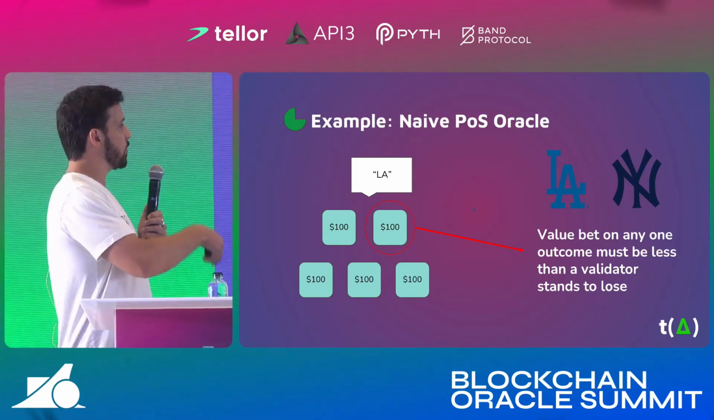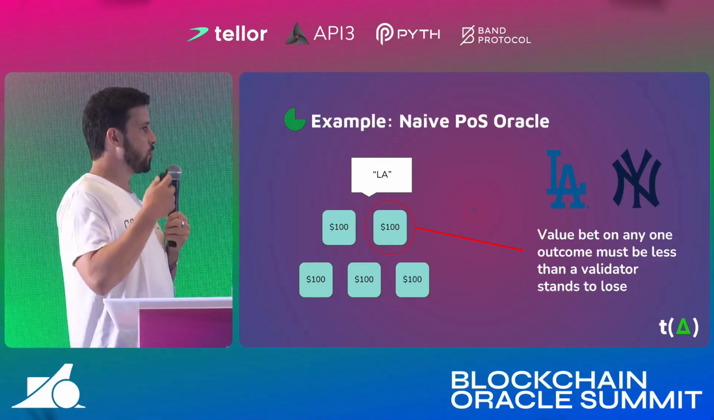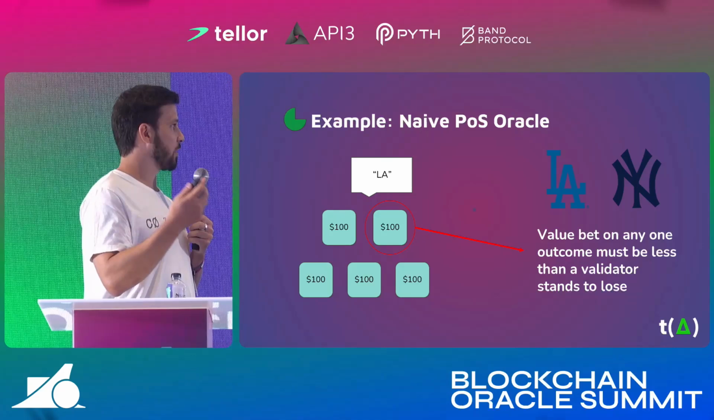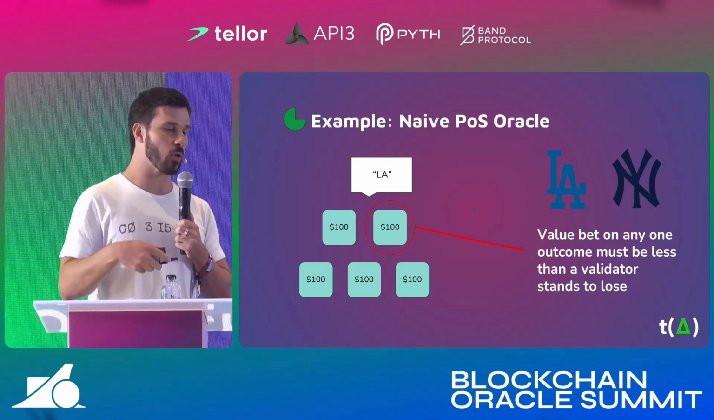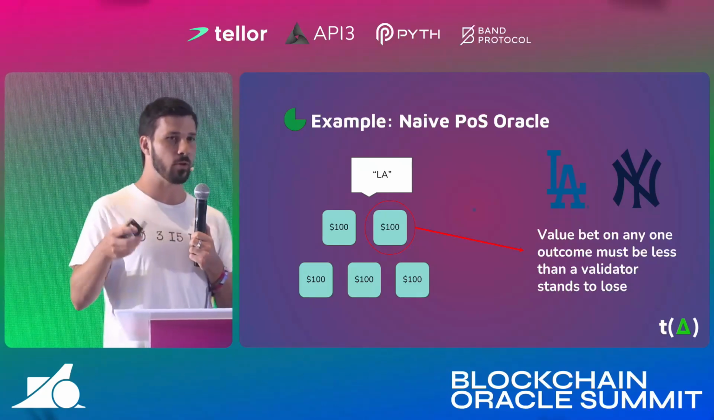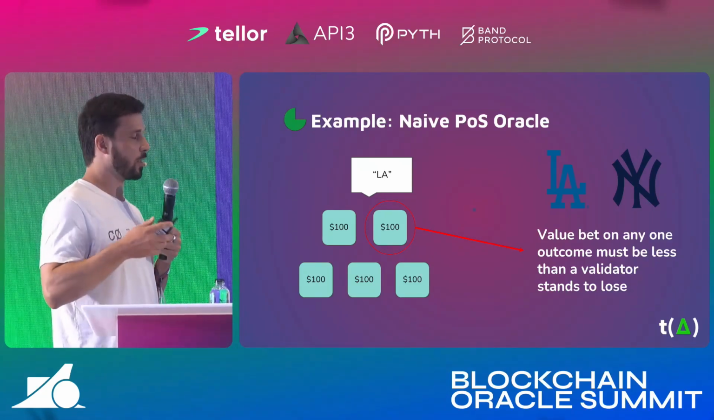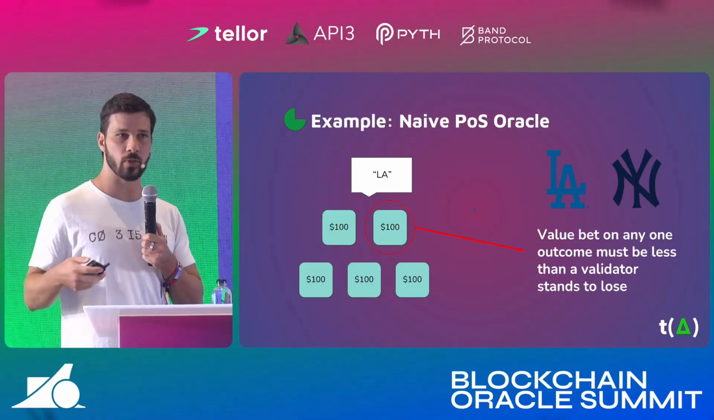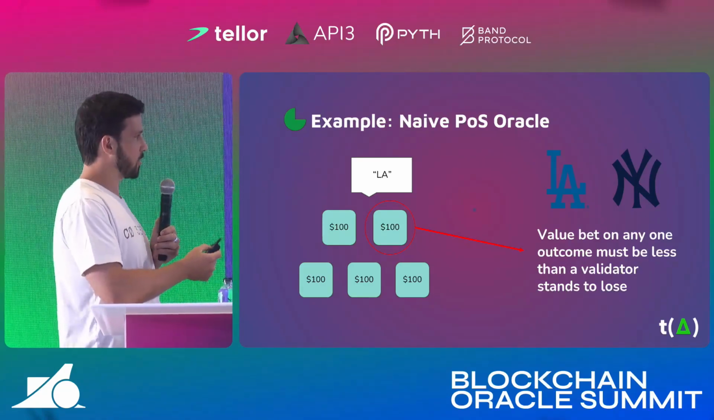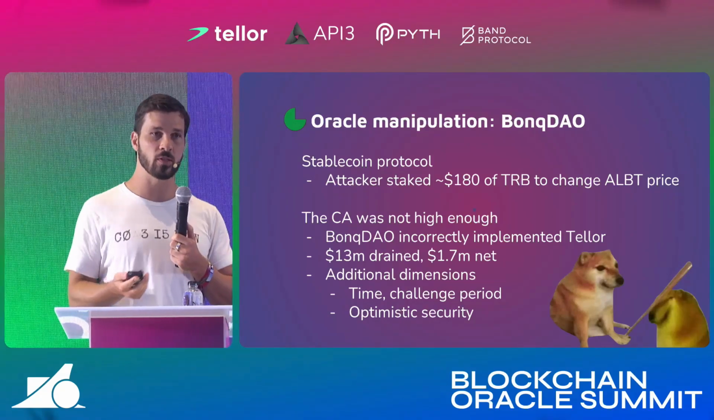And if you get a randomly selected oracle to report on this, you can only be as sure of their reporting as they have stake in the system. So the value of their stake can't be any less than the value of the bets that they're reporting on. Otherwise, there's a moral hazard there. There's an economic security vulnerability. So super basic example, but just to illustrate the point before going into an actual vulnerability,